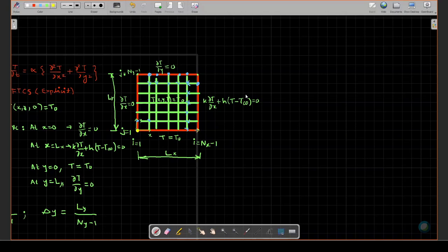And in another case, since these points, we went from this point to this point. So while going for y, we started from this point, because we need not recopy there. So at these corners we have two boundary conditions: del T del x is equal to 0 as well as T is equal to T naught at this point. At these corner points, T is equal to T naught and k.